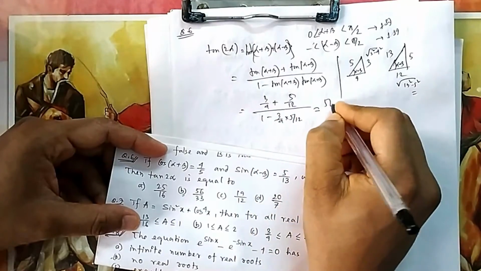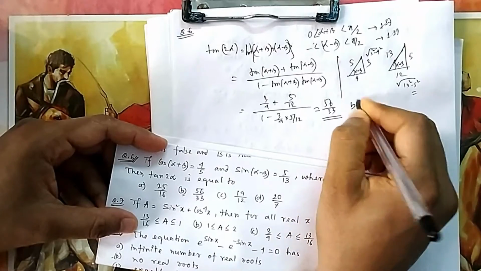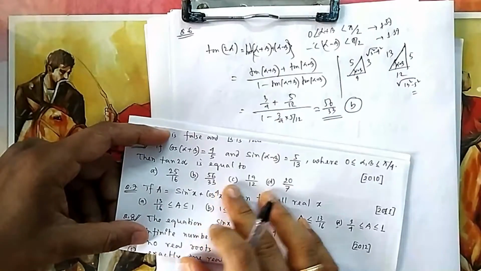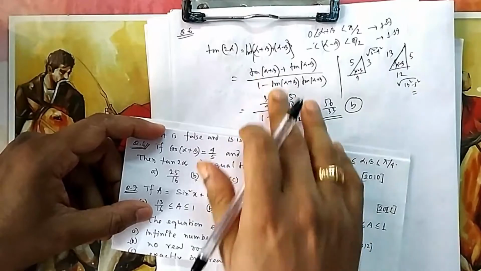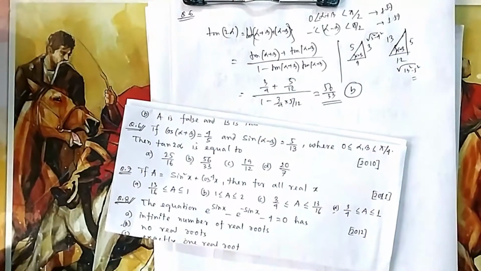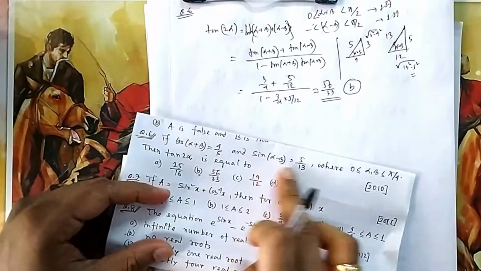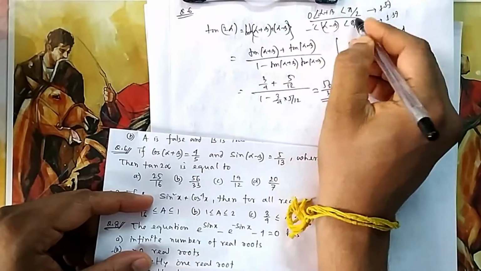So if you do it, it is 56 by 33. That is your option B. You can easily do this calculation. Both are in the first quadrant, so tan will also be positive, so that's why I have taken the positive values. You can see your sin alpha. One thing you can see, your alpha plus beta is guaranteed